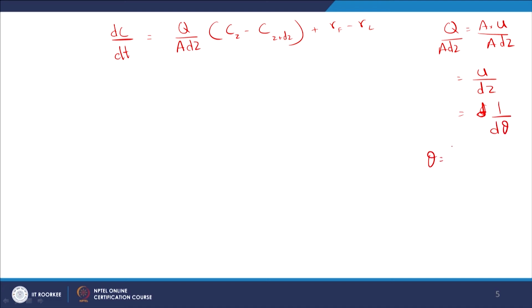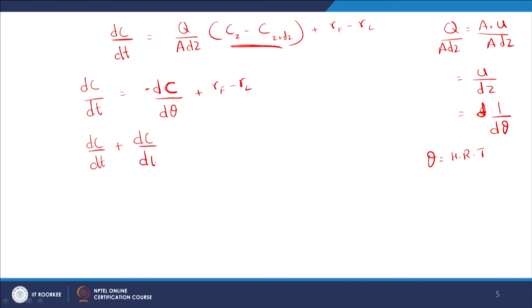And here we have a new term. What is theta now? Hydraulic retention time, right. That is what we have here. And so, this transforms to dc by dt equal to minus dc by d theta plus rate of formation minus rate of loss, right. And so, dc by dt plus dc by d theta is equal to rate of formation minus rate of loss, right. So, this is the equation for your